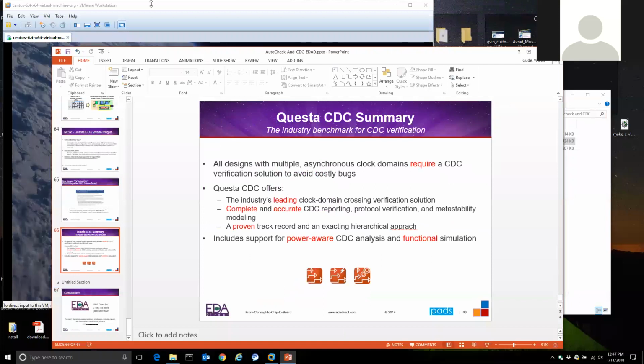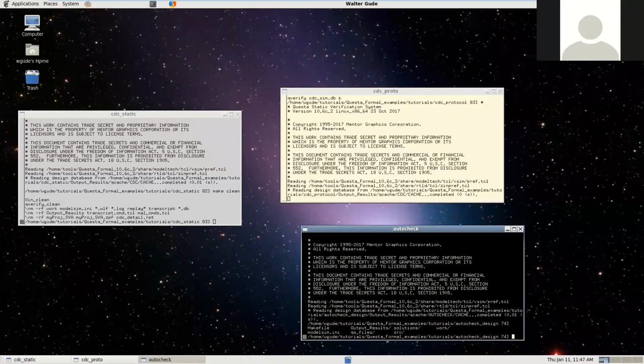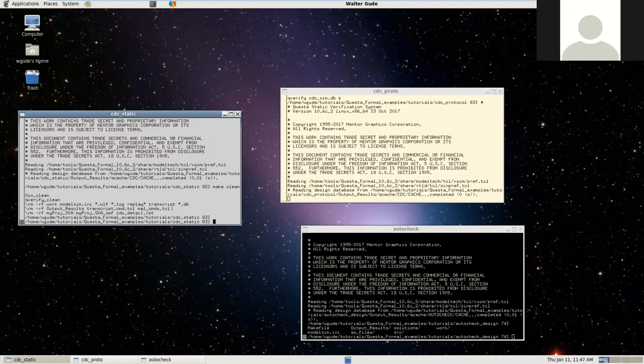So let me pop over here to my Linux screen. Kung, does this look good? I'm going to assume that everything looks good here. So I've got a couple of different demos I'll run. First, let me just run the